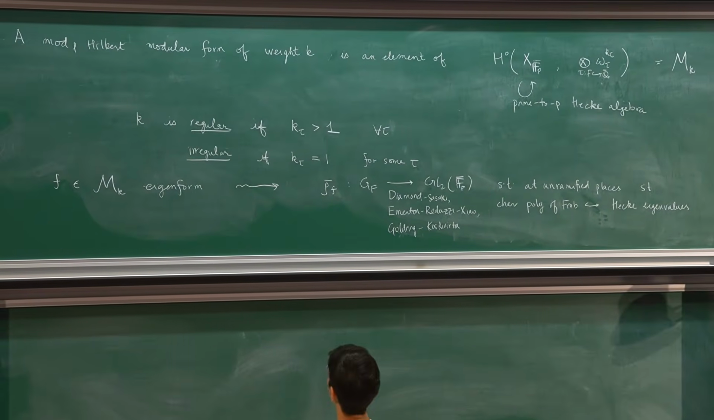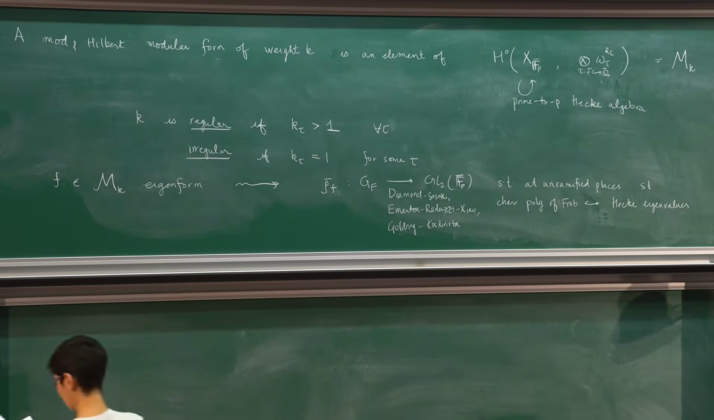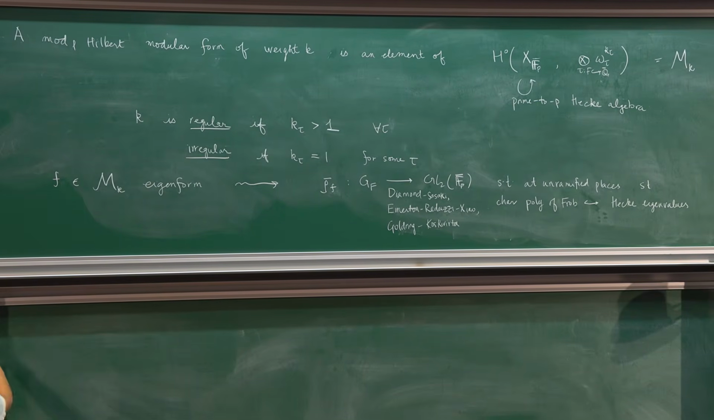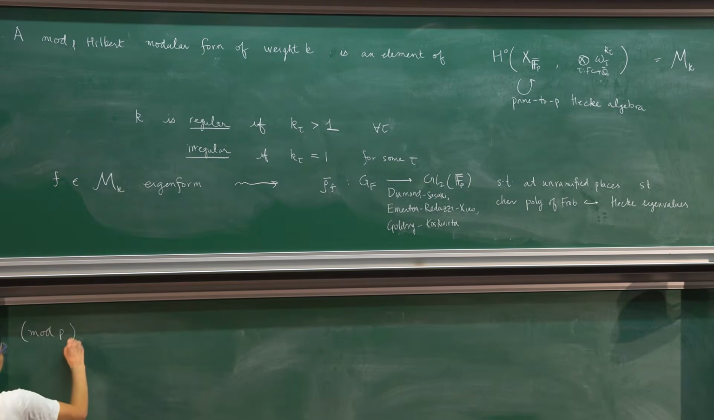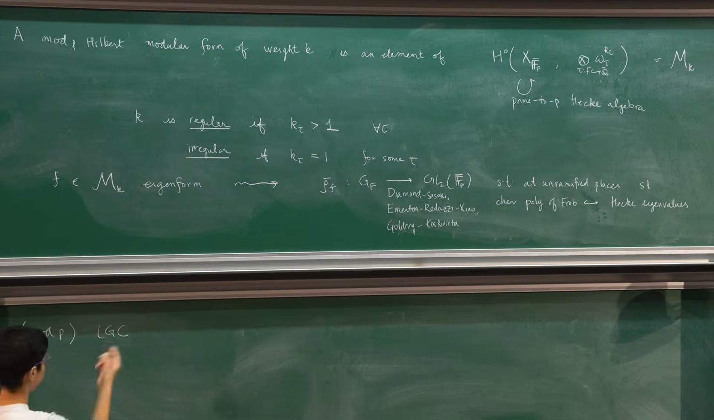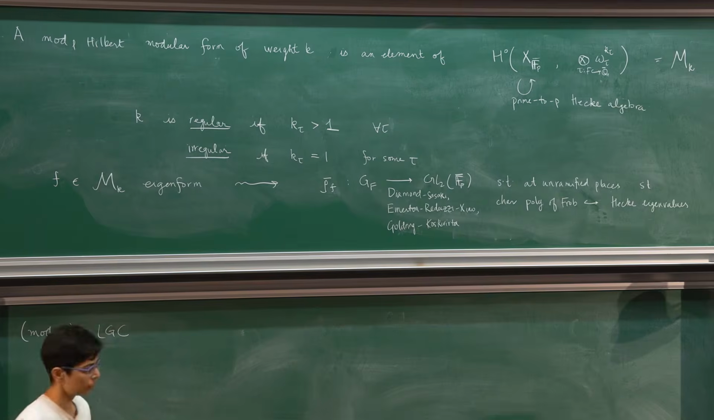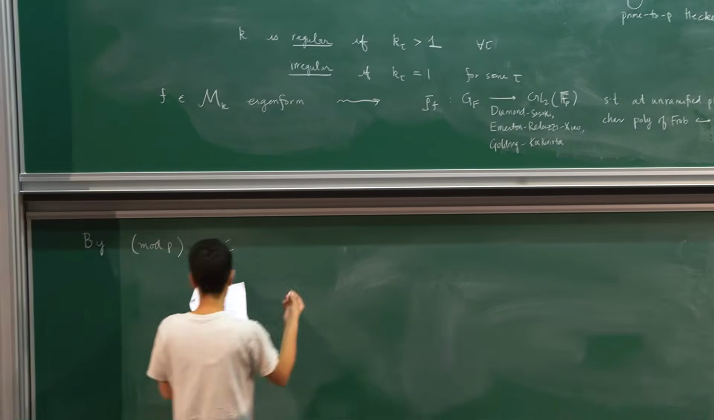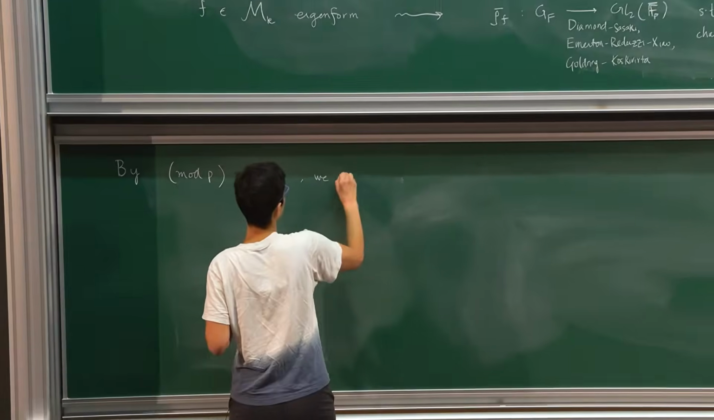Okay, so now let me say what I mean by local global compatibility. By mod p local global compatibility, which will be denoted LGC. And remember that we are working on the Hilbert modular variety. You can frame it over whichever quaternionic Shimura variety you're working with. We mean that